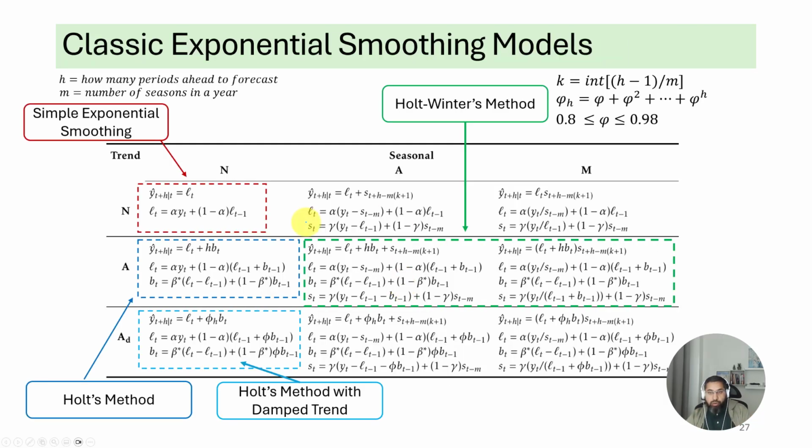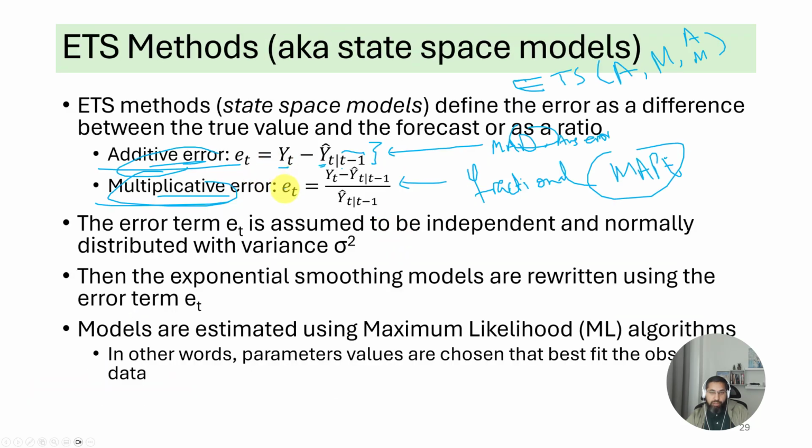So you go back to these equations, you do a bunch of algebra to rewrite them in terms of ET. And so in ETS equations, you get ET in these equations, and some of these things change to incorporate the ET. Basically, just do algebra to rephrase these in terms of ET, the error term ET.